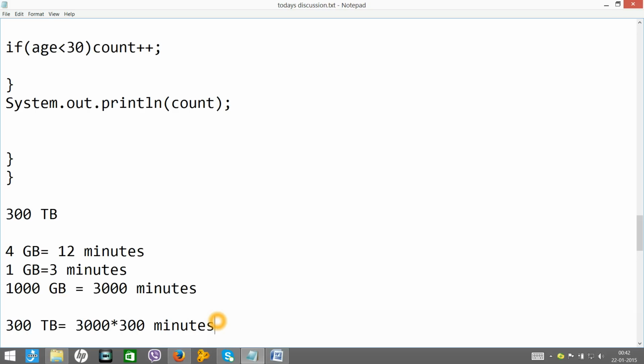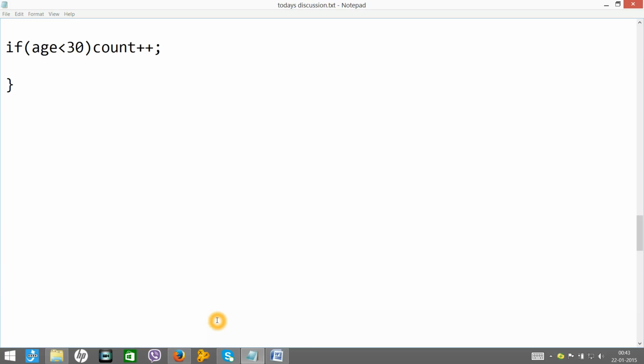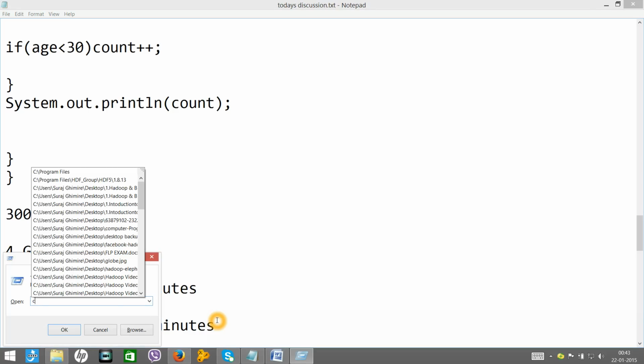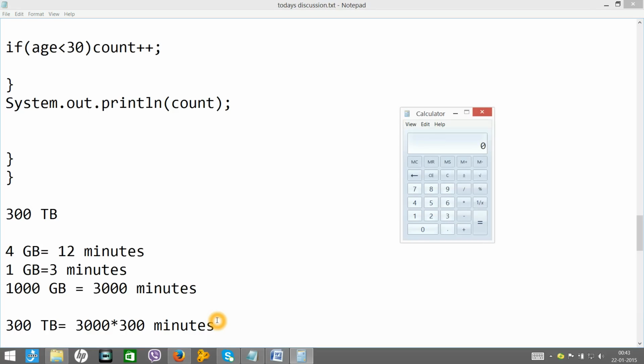By hour, if you do, let's say, Control R, CALC, 3000 into 300, this is minutes. By hour, if you do by 60, this will be hours. This many hours.